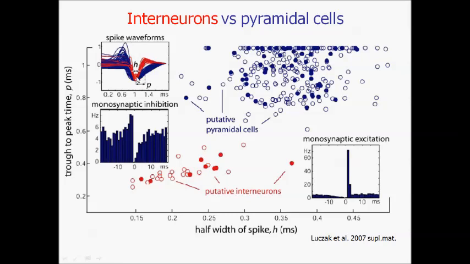If we look at the half width of spikes, so we look at the width of spikes at half amplitude, and second we look at the distance between the minimum of the spike and the hyperpolarization, we can see that usually these points cluster in two different groups. And here usually are putative interneurons. This means putative pyramidal cells. So